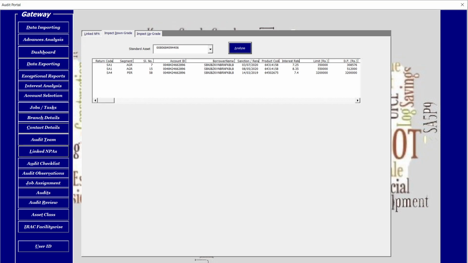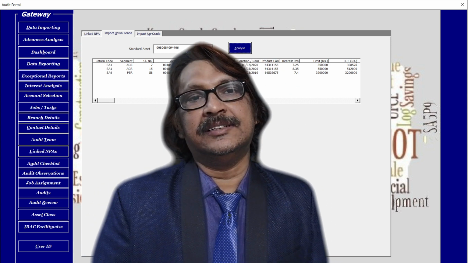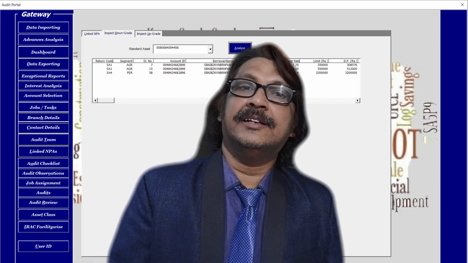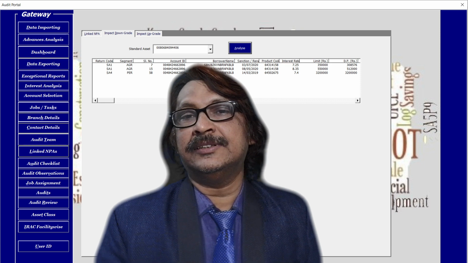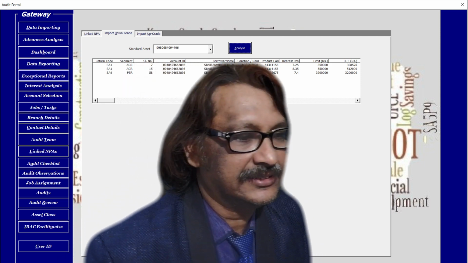This customer has availed 4 other facilities excluding the omitted record. Had any of the other facilities been classified as non-performing asset, the omitted transaction should also have been classified as non-performing asset. For this, you need to log in to the CBS and check the status of the account in CBS. If you find any deviation as far as the IRAC number is concerned, then you are 100% justified in issuing MOC as far as this deviation is concerned.